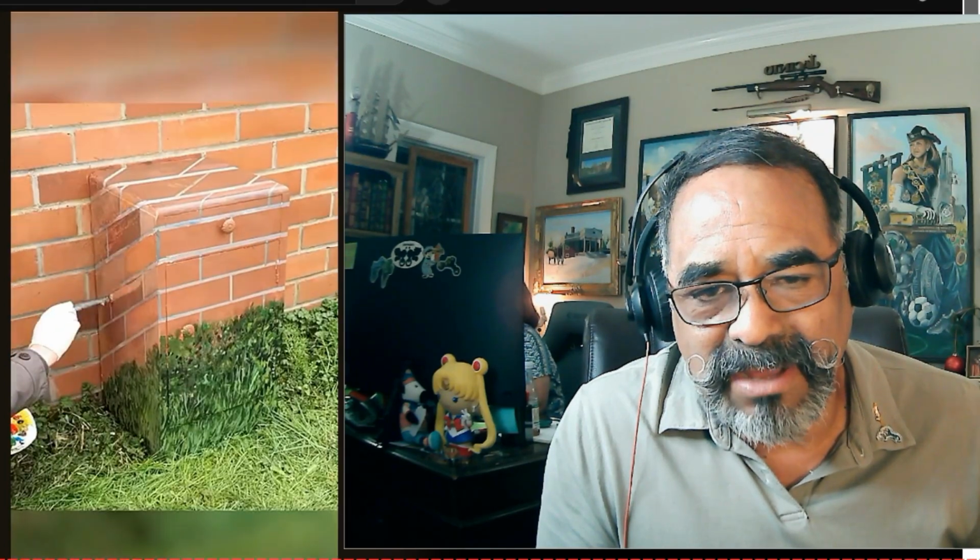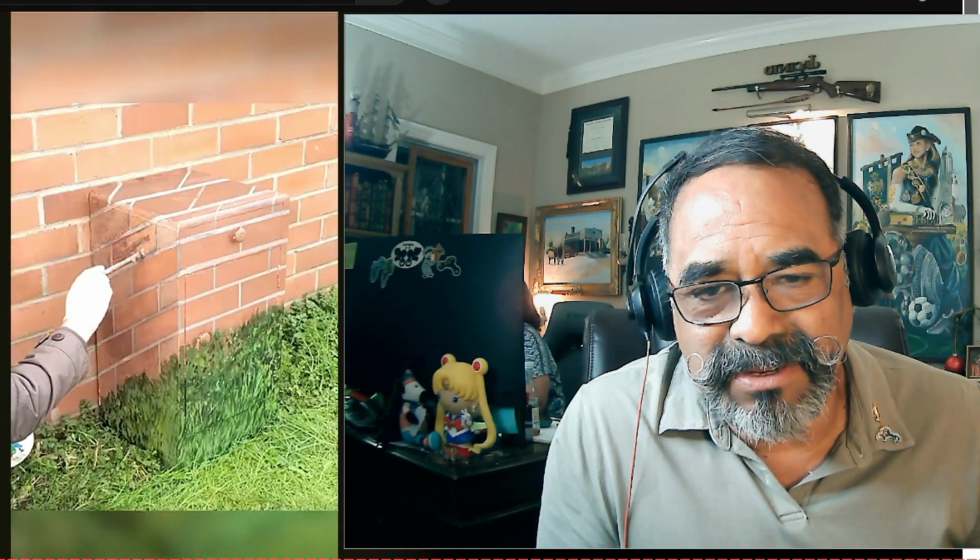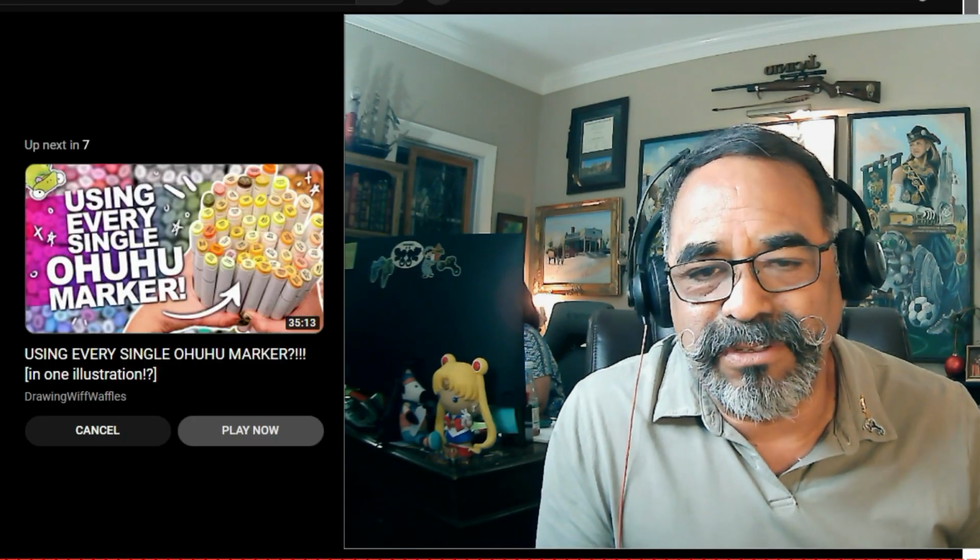Those lines he has lined up have to be perfect to match the wall itself. And now you're probably going, well, how's he going to make that area disappear? He's just pulling it up even lighter. Look at that. Tell me that isn't phenomenal. Kudos, kudos, kudos. That is just absolutely phenomenal.